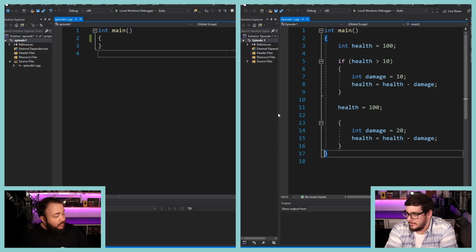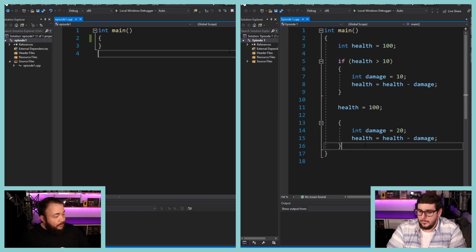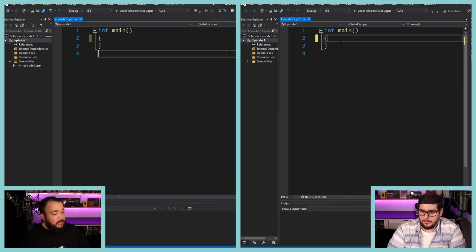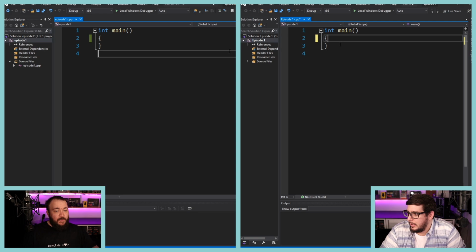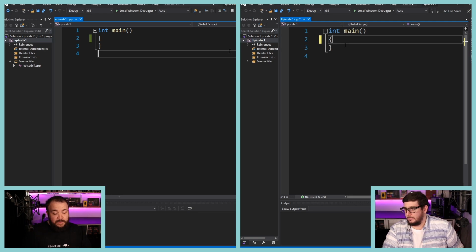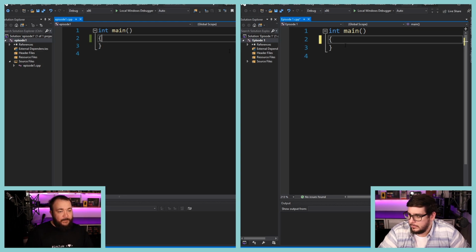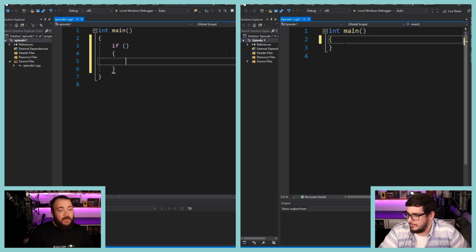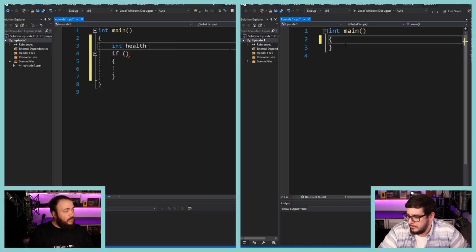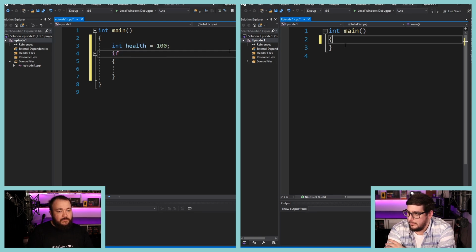Isn't it like var in scopes? Yeah. So with a scope, you can only see your scope and down. If you think of it that way. Like if I create an if here, this is a Swedish keyboard, there we go. Here's an if scope. And if I create health here, let's call it 100, and I have some, or just have scope here.